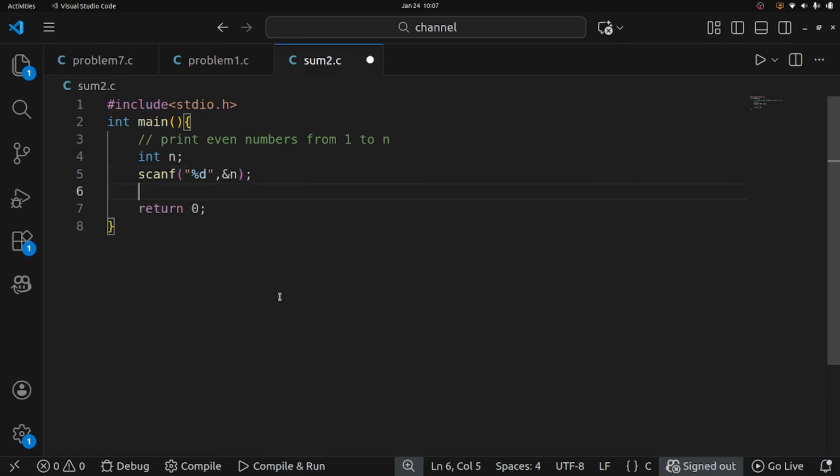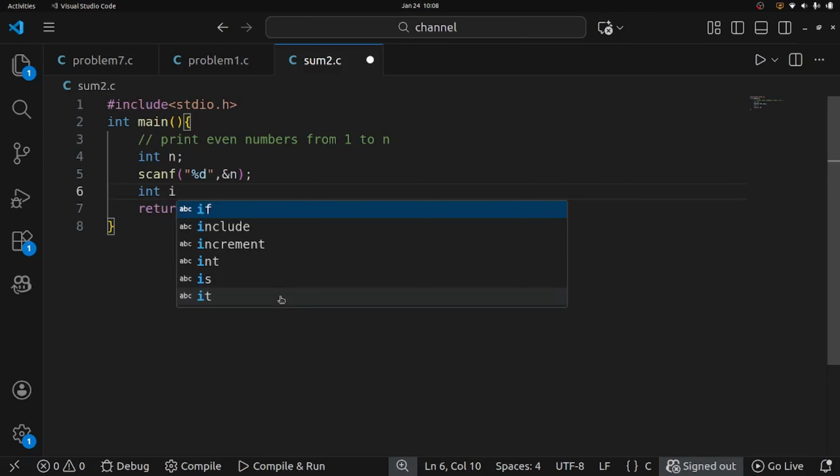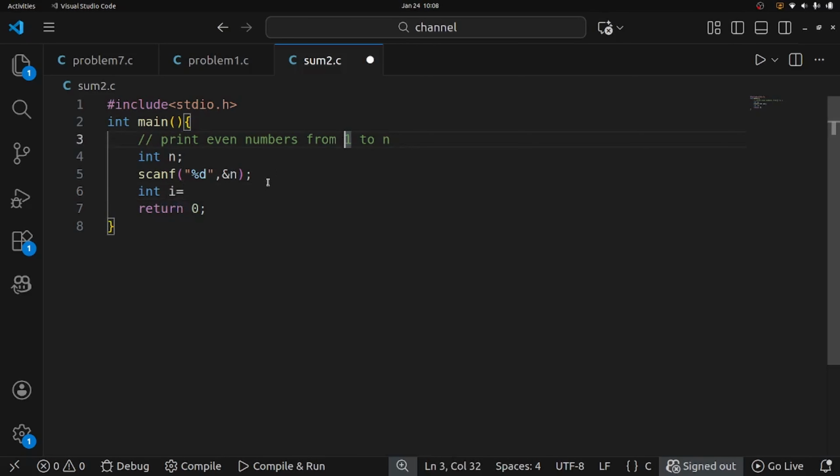And then what I want? First I want to initialize one variable, that is I, starting from 1, because we need to calculate, start using find with 1, right? So then while